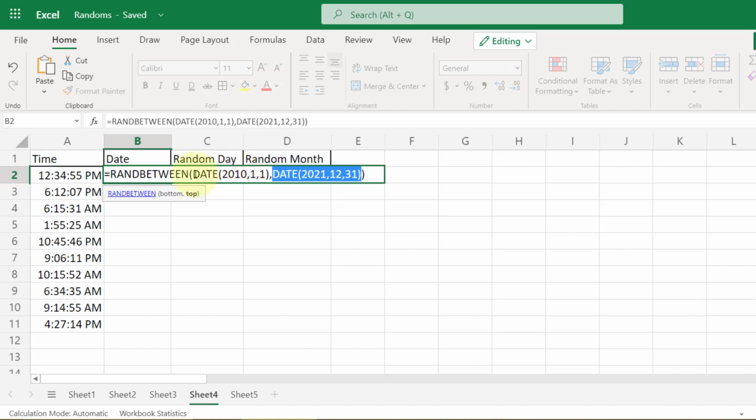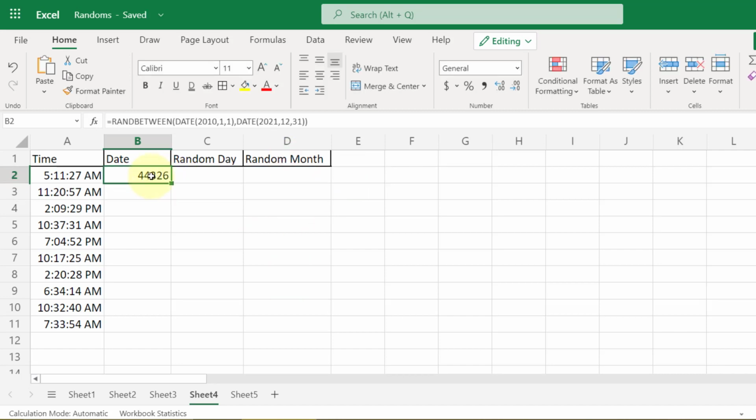So we need random dates between these two dates, and the DATE function here just takes three parameters, that is the year, month and day. So we started from 1st of January 2010 to 31st of December 2021.